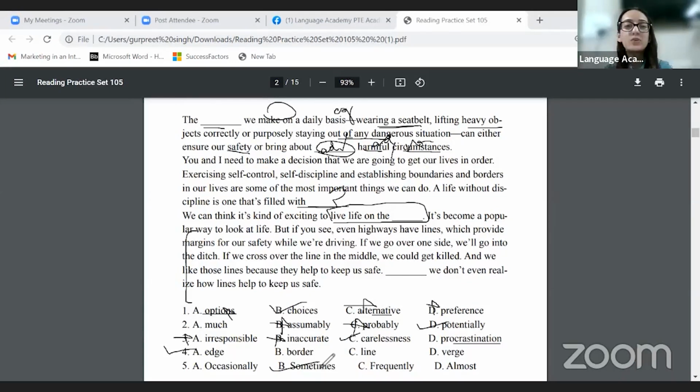And without discipline, life is filled with carelessness. Carelessness can be anything: managing your work, reaching on time, doing your duties, responsibilities, taking care of someone. Everything comes in carelessness. Whereas procrastination is only related to delaying something. The fourth one, live life on the edge, is a phrase, so you can note it down. And the last one was just a casual, general way of writing that sometimes you don't realize how important this small thing is,